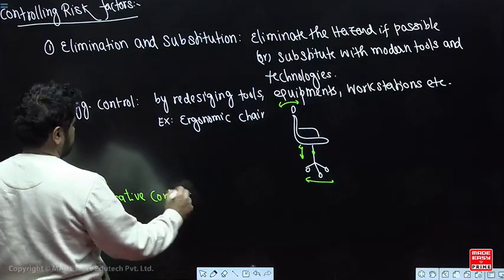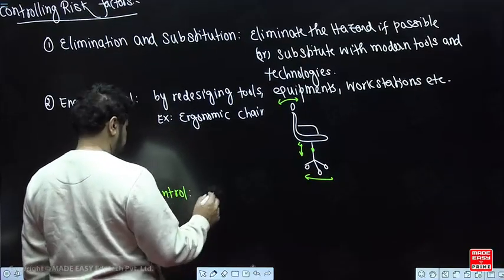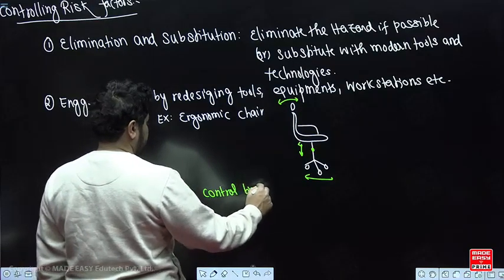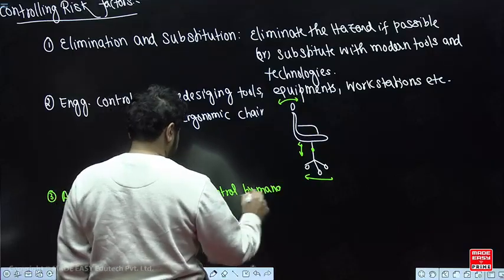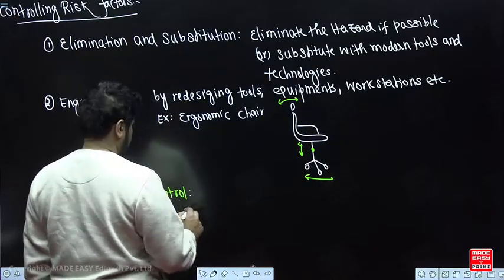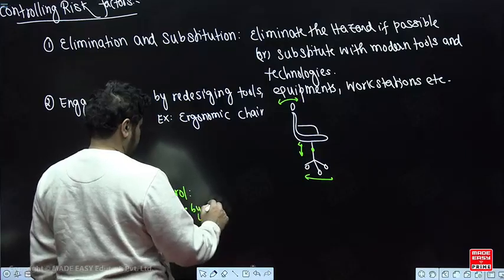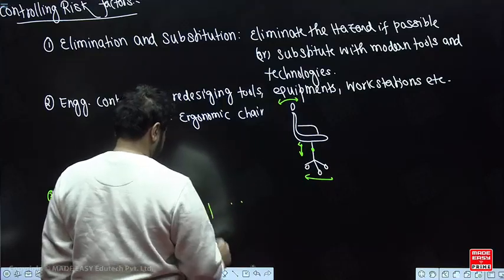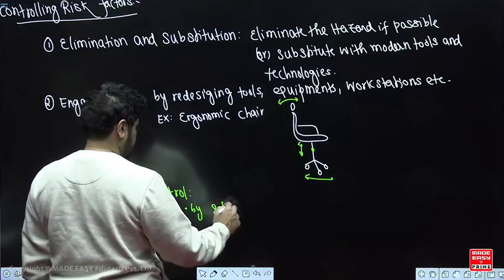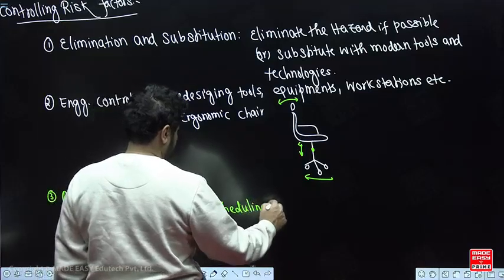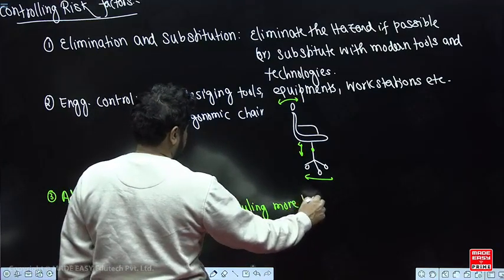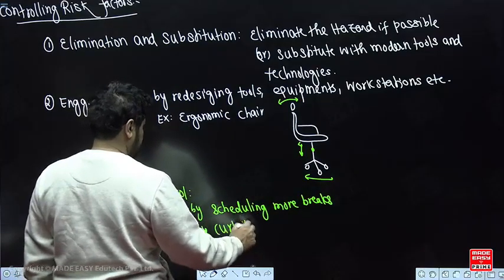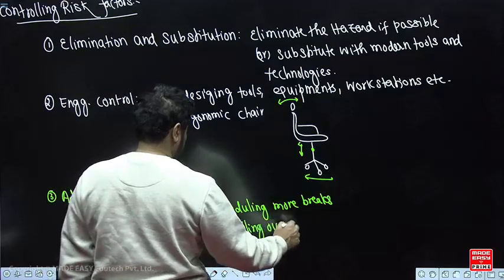Administrative control, that means control by the management, like या फिर इसको ठीक है, by providing or by scheduling more breaks, by curtailing overtimes,